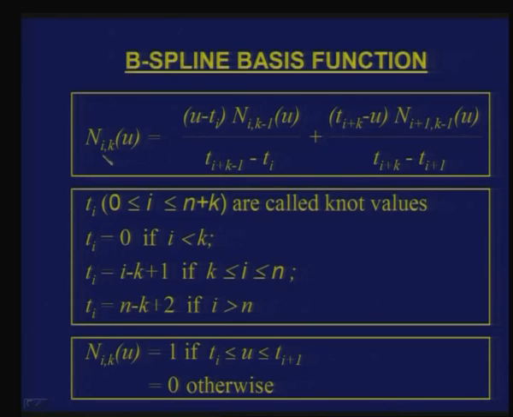So, I need n03, I need n13, I need n23, n43, all the way up to n53. So, I need to evaluate 6 n values in order to completely define the curve. If, suppose, I select k equal to 4, then it is different. I would be interested in getting n04, n14, n24, which are different functions. So, given a value of k, which is an input, and the number of points, I know what n values I have to find out.